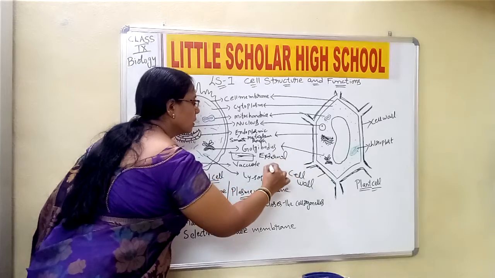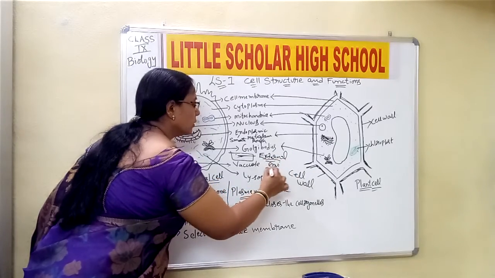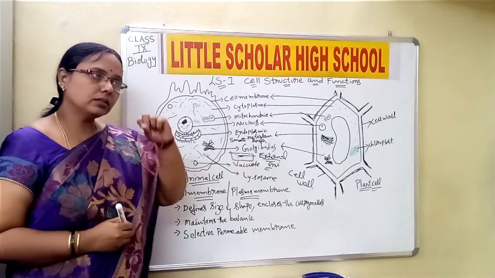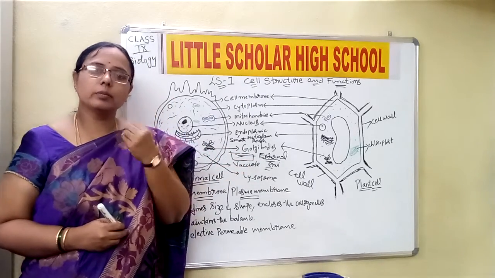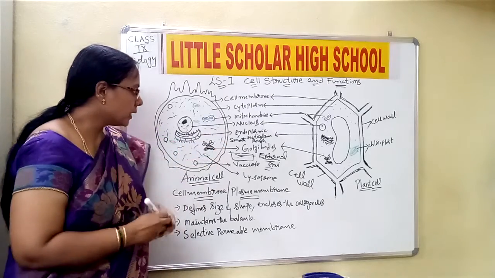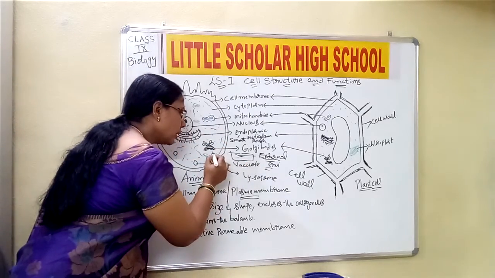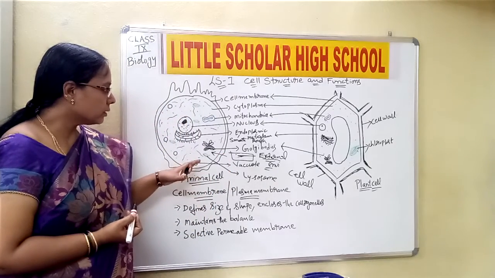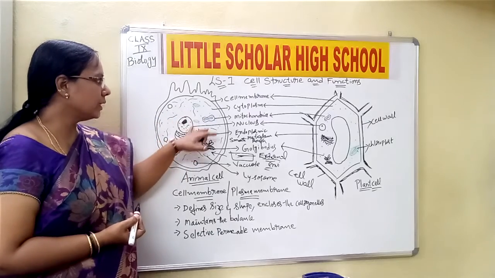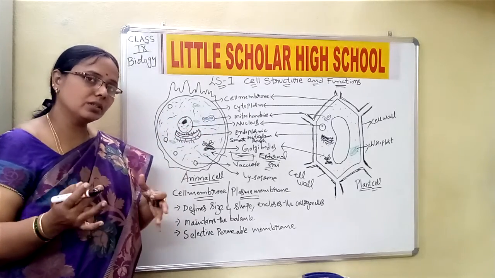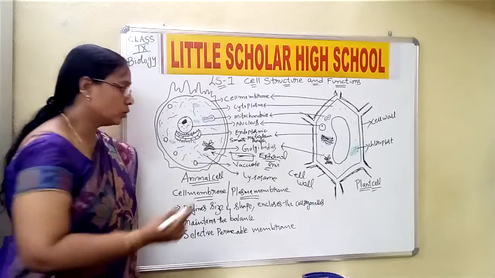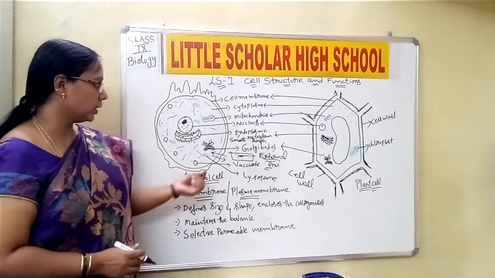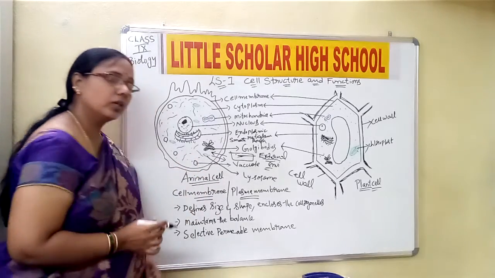External environment. Okay children. Now there are certain things, a certain amount of water or maybe certain salts, which have to go inside the cell. And there are certain things present inside the body which have to be removed out from the body. Okay children, there are certain things which have to be removed.